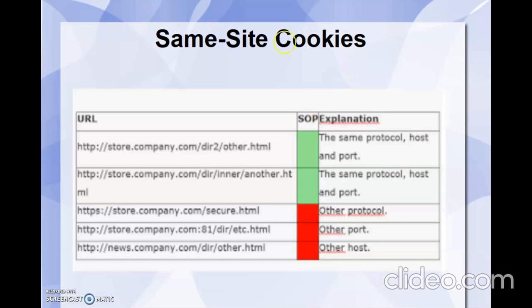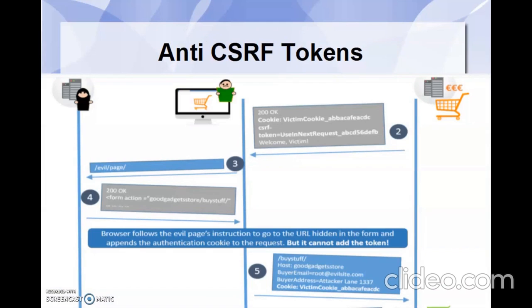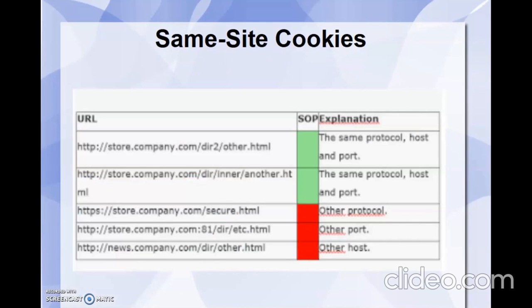What does the same origin policy say? That is, the protocol, the domain, and the port number have to match in order for two websites to communicate with each other. But there are certain limitations of same-site cookies. That is, they are not supported by some browsers. Same-site cookies can be used as an additional defense layer for your application. So these are some of the ways in which we can avoid CSRF attacks, that is using anti-CSRF tokens and using same-site cookies.